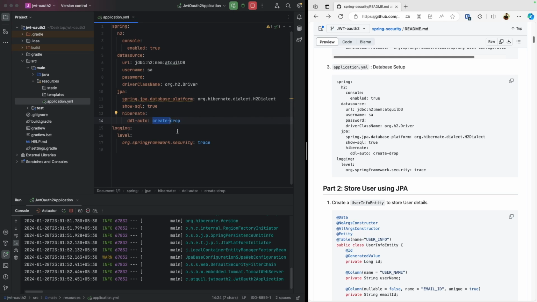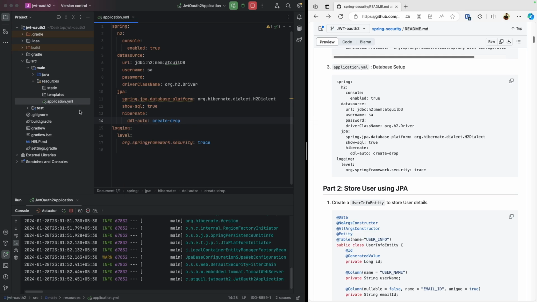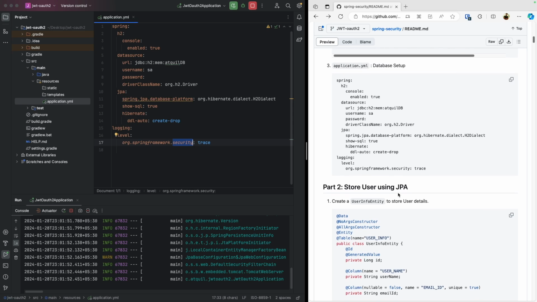Okay, but generally you should use update in the prod environment. But I would rather tell you guys to use any kind of database migration tool like Liquibase or Flyway for managing any kind of update. I will definitely make a video on it if you guys require it. Do it, write it in comments. So I'm also setting the logging level to trace for Spring Security only, so that if anything goes wrong, I can just see the logs